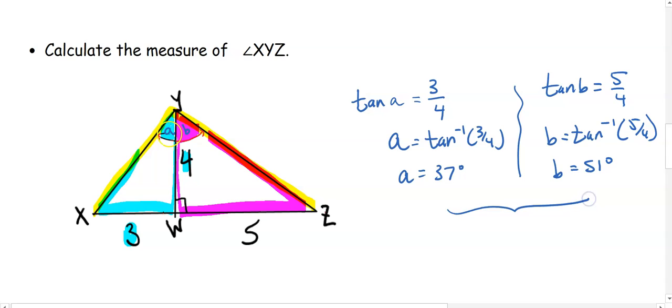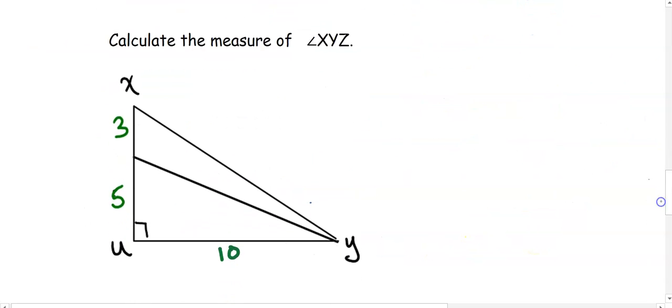And so now A plus B gives me my entire angle, which is going to be our 88-degree angle for angle XYZ. Okay? So I can even put that there. Angle XYZ equals A plus B, which equals. And just like before, sometimes we have to subtract to get our angle. So for example, angle XYZ